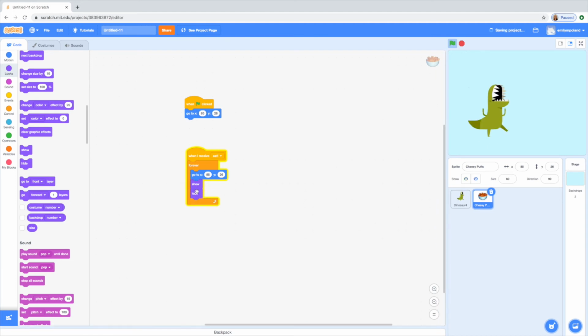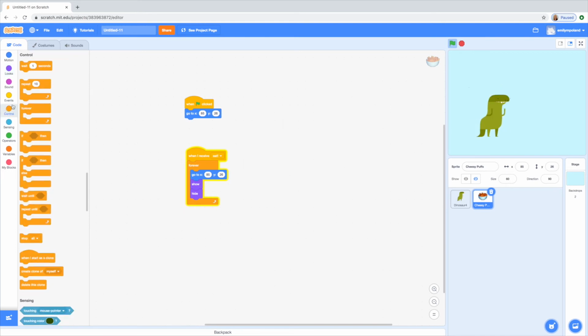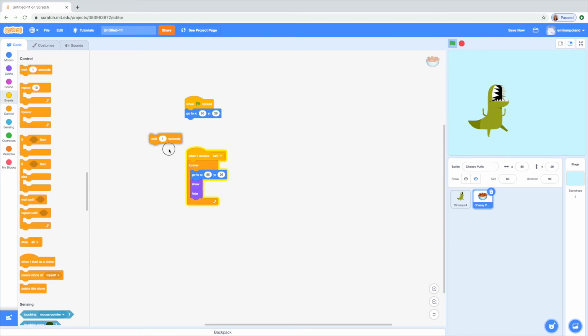And you're going to need something to go in between here, because if you have show and hide right next to each other, it's just going to disappear. So for timing purposes, we're going to go to the Control tab, and drag the wait 1 second block right over here. So see now how if you run it, it should, it's not making it disappear. Anyways,